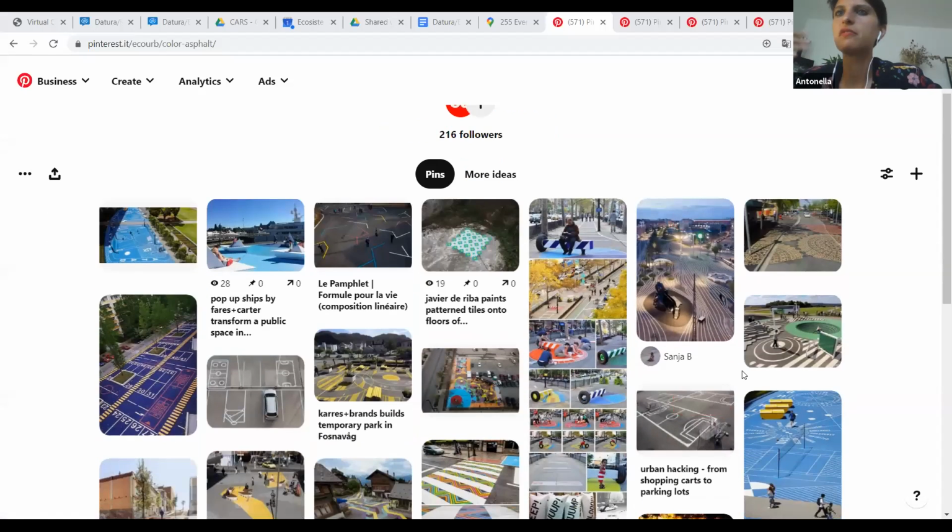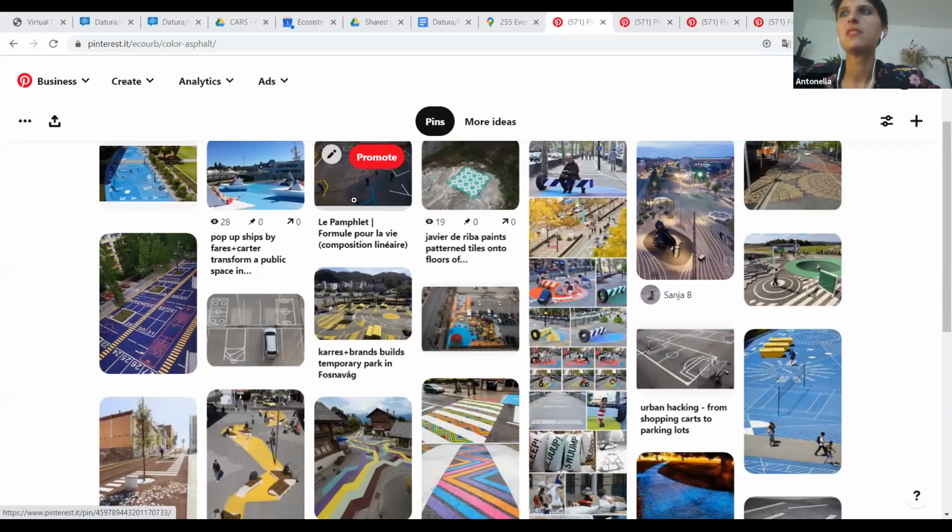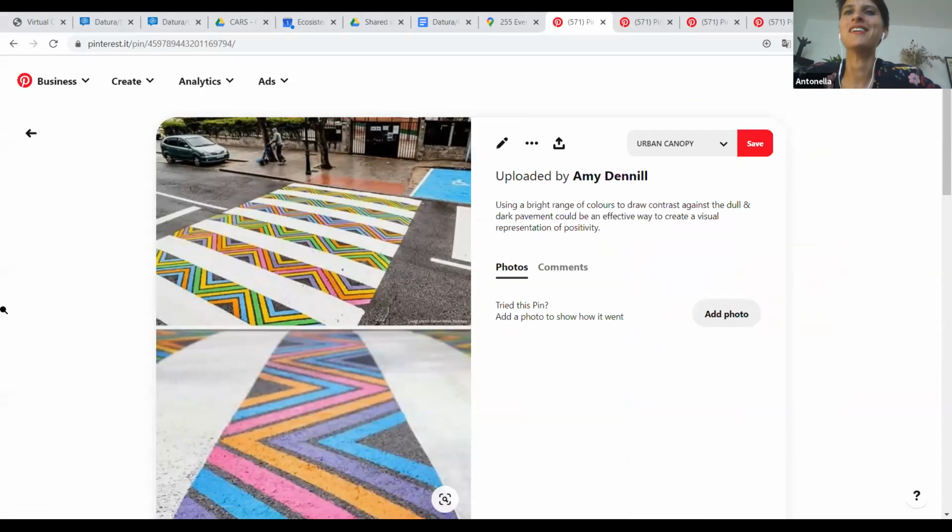I'm just going to show some quick references of something we always like to look to. How can we really transform a concrete surface into something playful, or support for mixed use? Here we have how we can quickly cross a path, so that really makes the change. Of course, it depends a lot also on general conditions, so if we have resources, time, will, and engagement to introduce permanent transformation of the streets as part of public space,